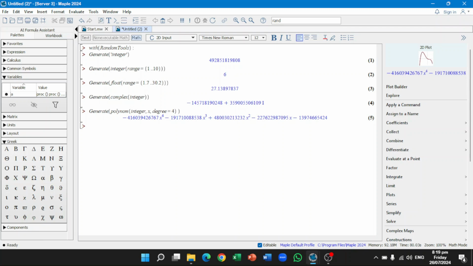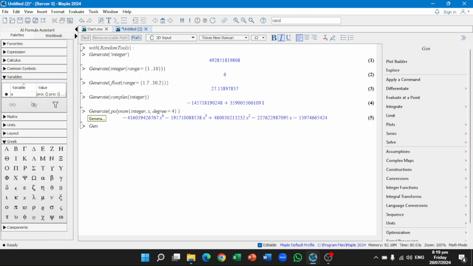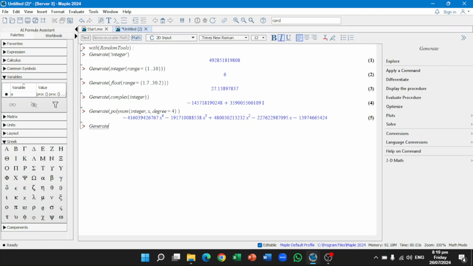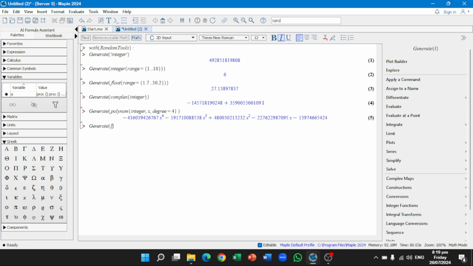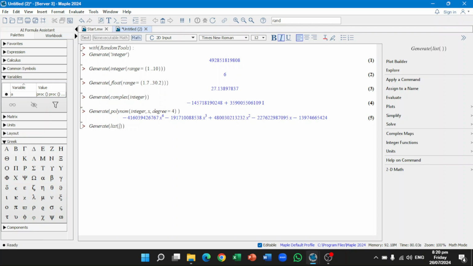Now let's move on to lists and sets that can be generated by the generate command. We'll just type generate and the flavor is list. For a list, we can specify what type of object should be in our list.